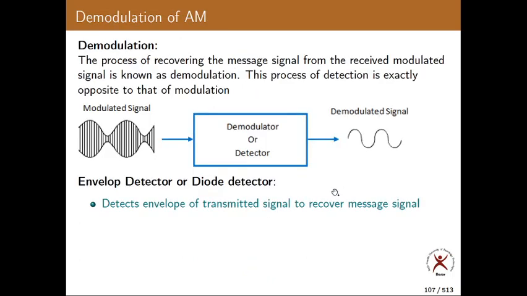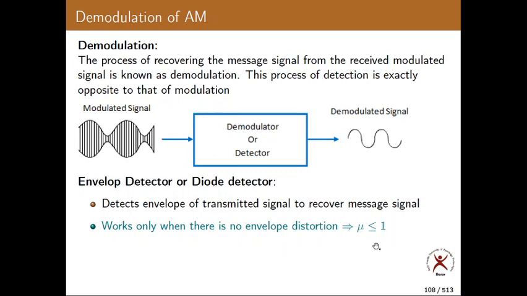As I told you, it has to recover the message signal by detecting the envelope. One more important thing is it works only when your mu is less than 1. When mu is less than or equal to 1, there is no envelope distortion. I told you in the last classes, whenever your modulation index is less than or equal to 1, there is no envelope distortion, and so in those scenarios you can use this ED for demodulation purposes.